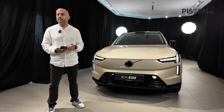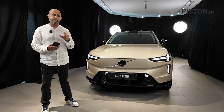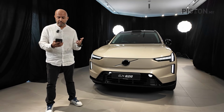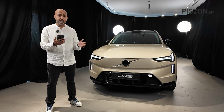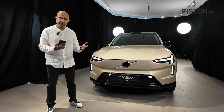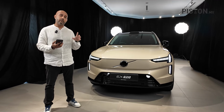So what can you expect for the Malaysian market in terms of variants? Now, Volvo Malaysia is still keeping tight-lipped. So let's use Thailand as an example. Thailand has 3 different variants. Some markets only have 2. These 2 powertrain options are firstly the twin motor variant, which gives you 408 PS and 770 Newton meters of torque, 0 to 100 seen off in 5.9 seconds, together with a 600 kilometer range. Now that is the variant that is most likely to be launched in Malaysia from the get-go,